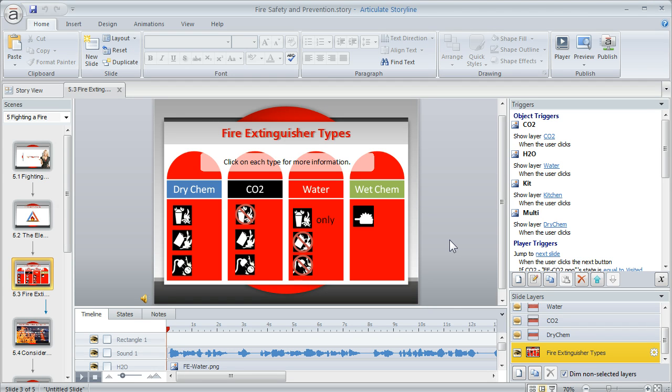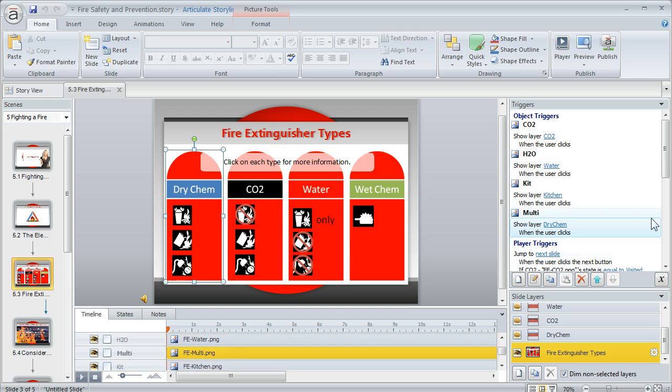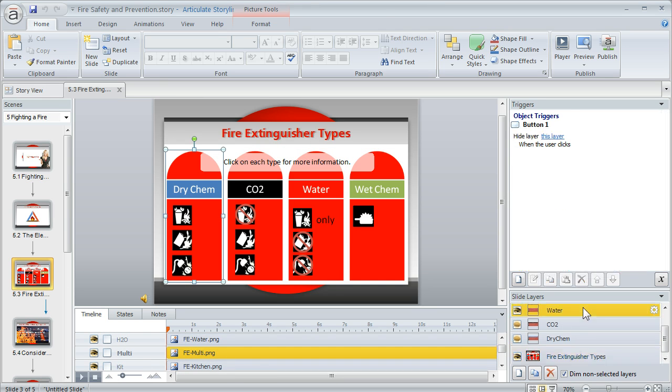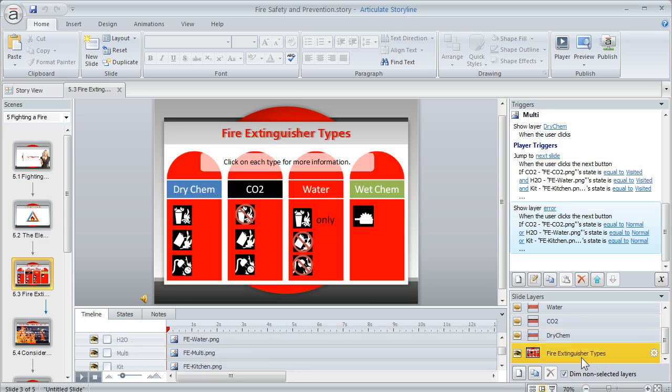I've actually got something very similar here in this fire safety course, where I want the user to click on each of these fire extinguisher types, and we see here that each of these actually has a trigger to show a layer. And those layers show up to explain the different types of fire extinguishers. And so all I had to do was, in this case, I have